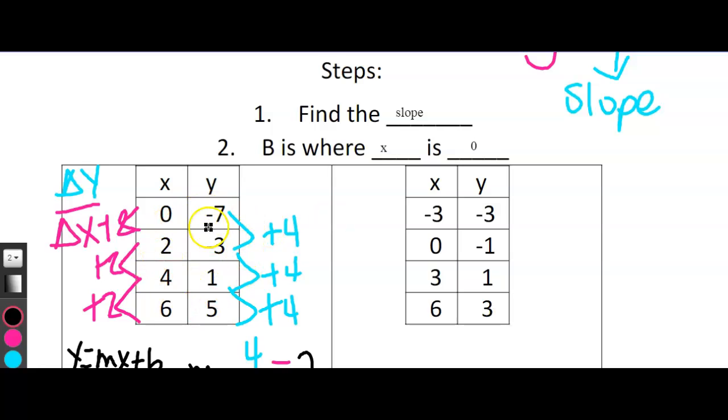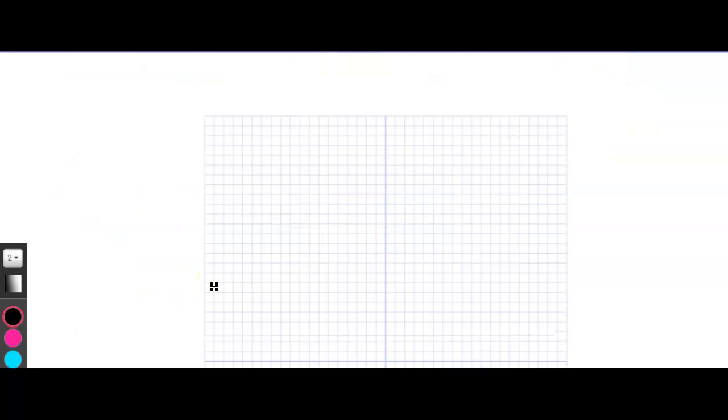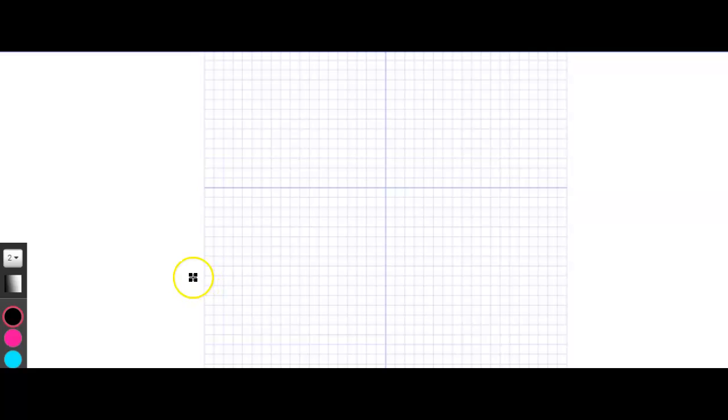So I have these numbers right here: 0, -7, 2, -3, 4, 1, and 6, 5. And I'm actually going to show you by using an actual graph. So my first point was 0 and then -7. 1, 2, 3, 4, 5, 6, 7. And then my next one is 2, -3, and then my next one is 4, 1,